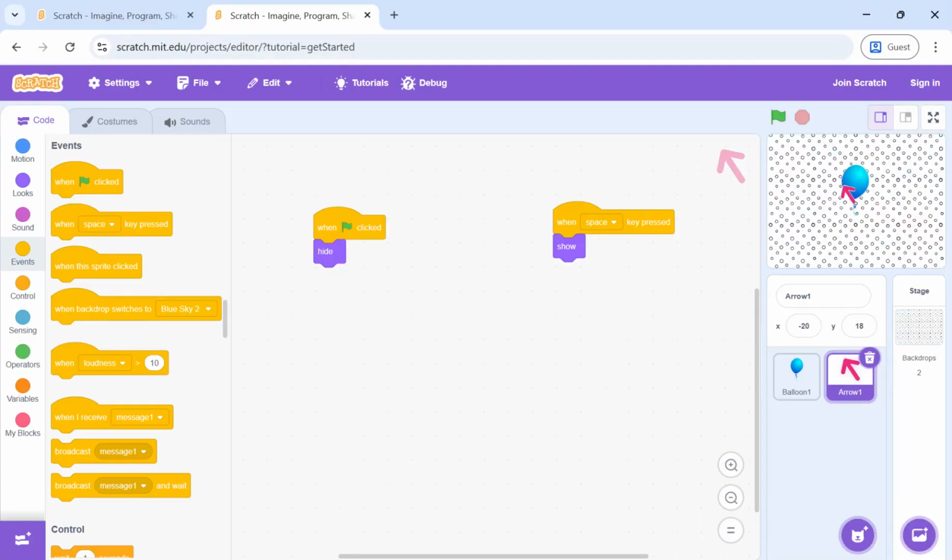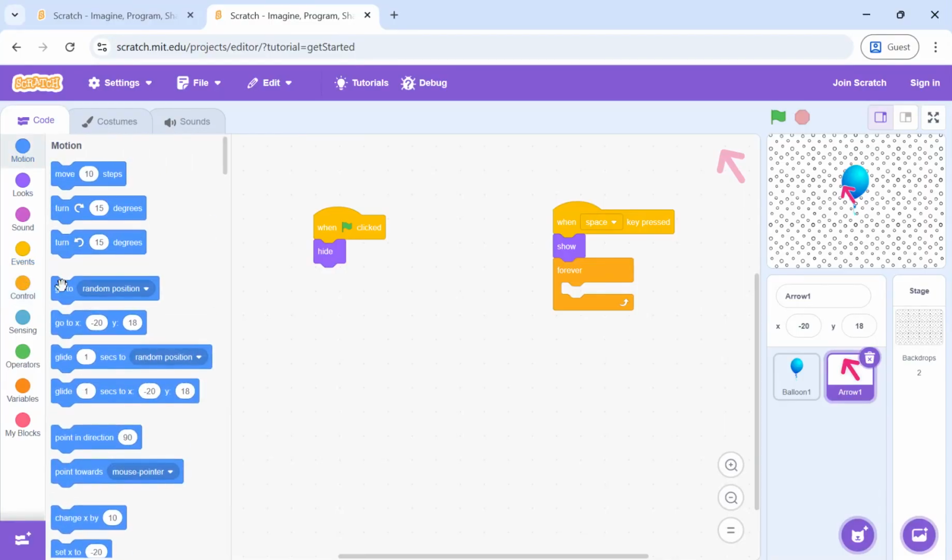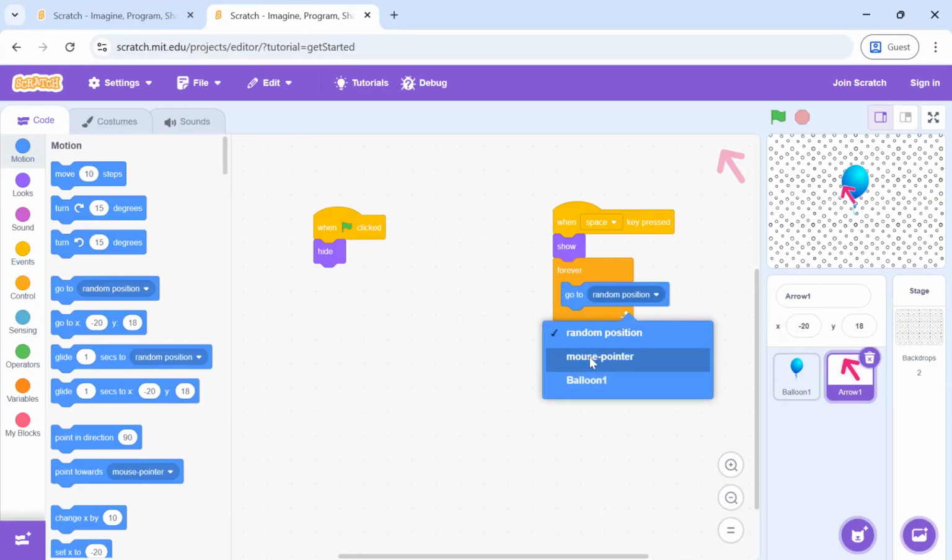Now the arrow has to follow the mouse pointer all the time. So what we are going to do, we are going to say forever, and that has to happen after we have come to the play backdrop, which is the circles. So I'm putting it on when space key is pressed. Forever, all the time, the arrow has to follow the mouse pointer. So for that, we'll use go to, and from this drop down, we will select mouse pointer.